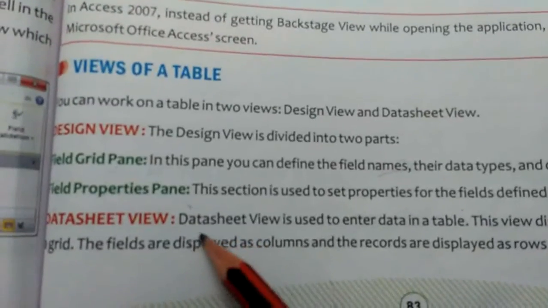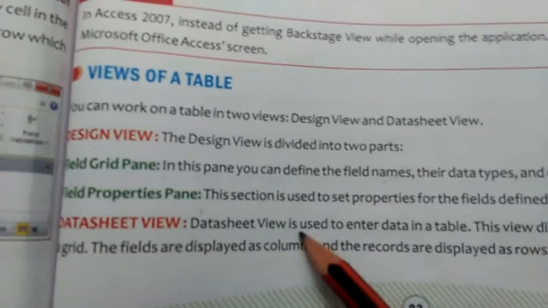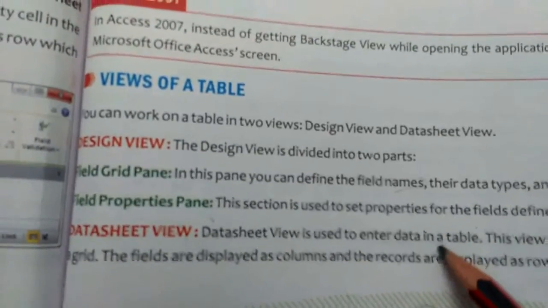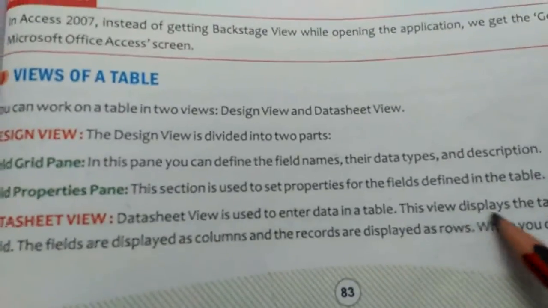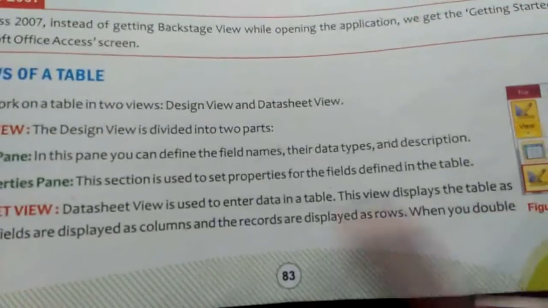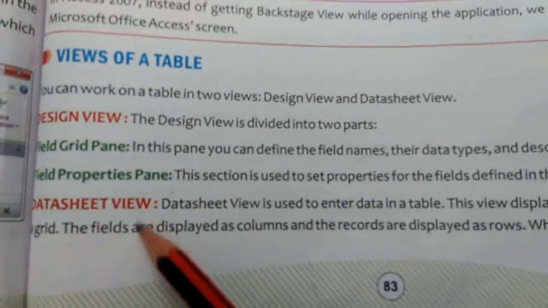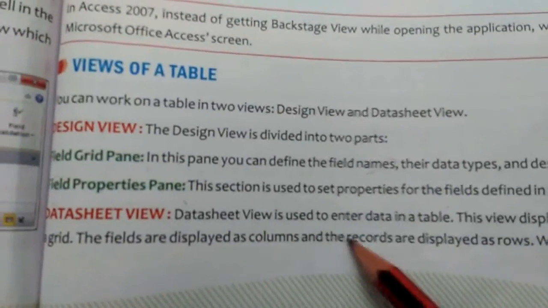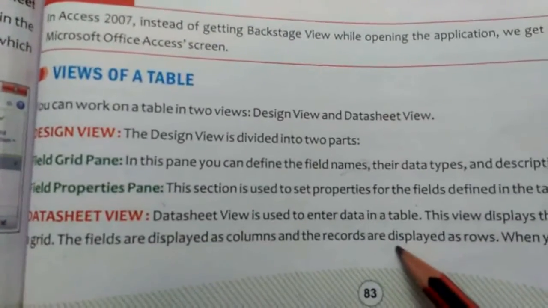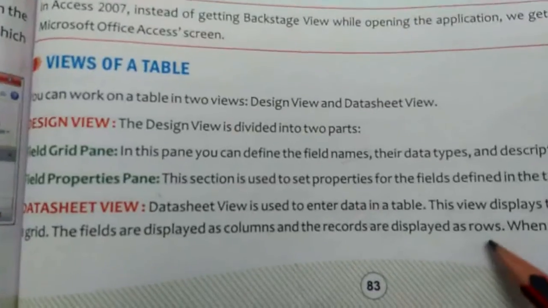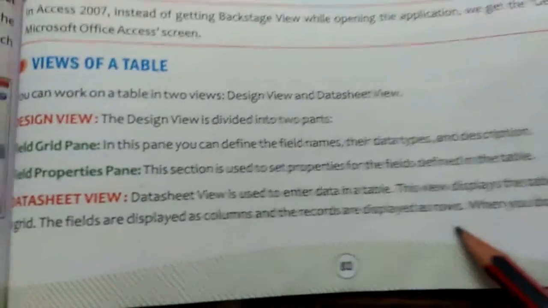And the field properties pane section is used to set the properties for the field definitions in the tables. And the datasheet view is used to enter the data in a table. This view displays the table as a grid. The fields are displayed as columns and the records are displayed as rows. Okay,